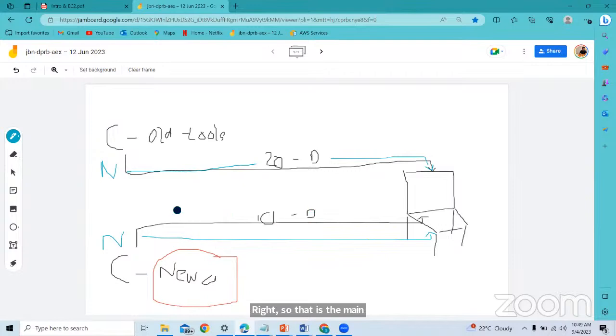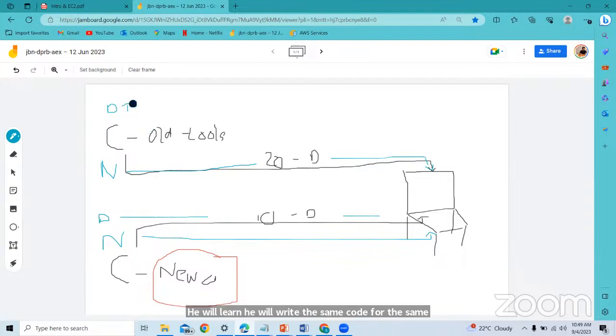So you are not learning something out of the topic. If you are a developer, writing code, all these days you are taking 20 days. After learning the cloud, the same developer gets advanced technology and will write the same code for the same project within 10 days. If you are a tester, the same applies to anything. If you are into SAP, same SAP guy.